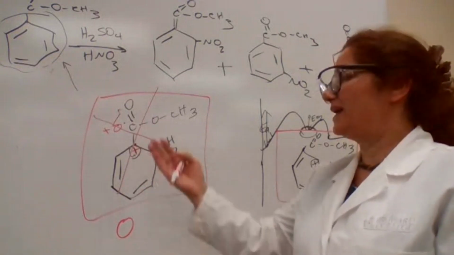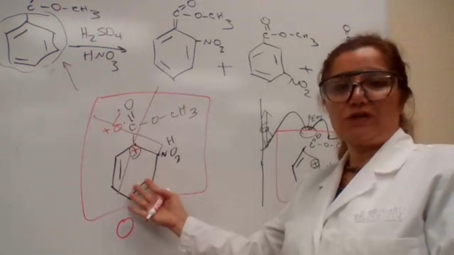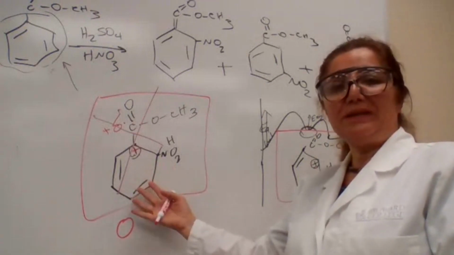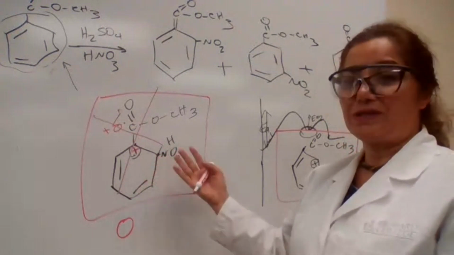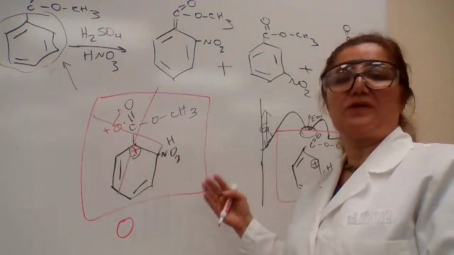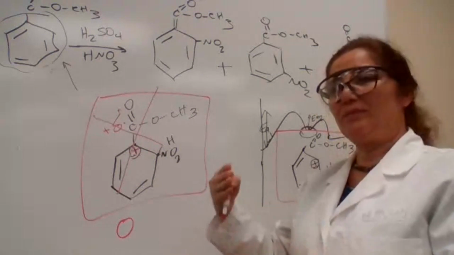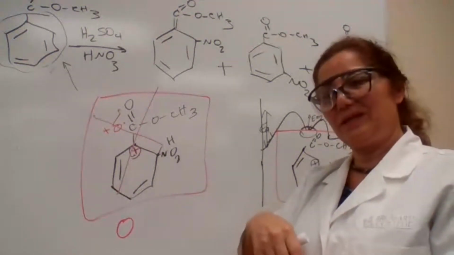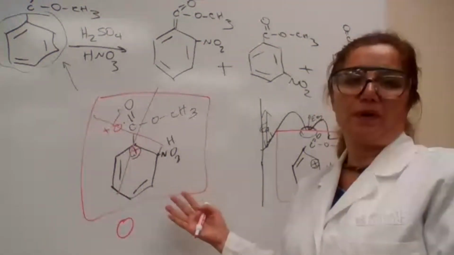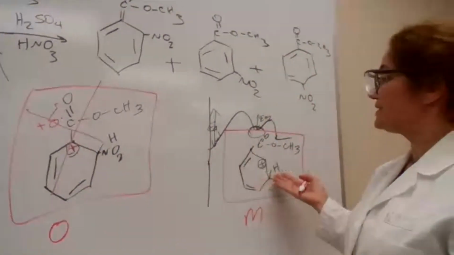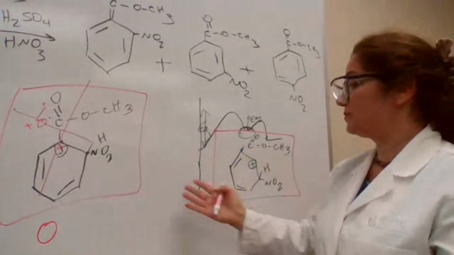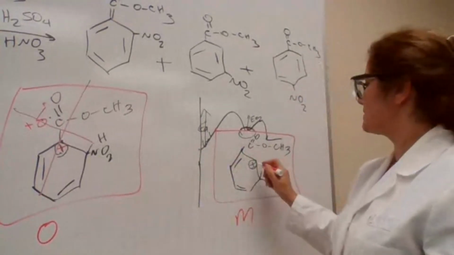It's not stable. And wasn't this the intermediate for ortho? So my intermediate for ortho is not stable, and as a result, ortho is not going to be the major product, because we learned that a more stable intermediate is going to yield the major product. Between these two, meta is more stable than ortho, because the plus